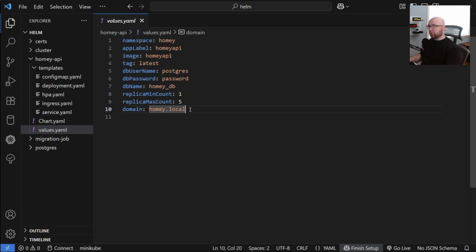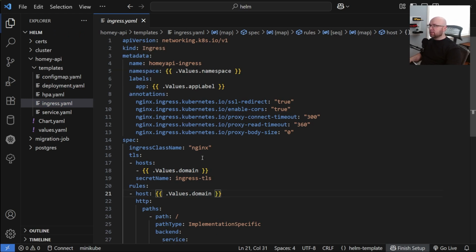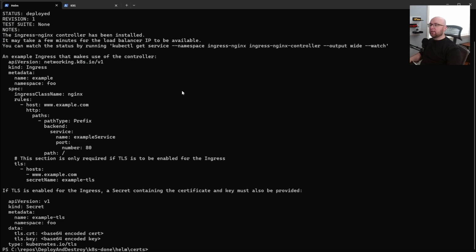It's very straightforward. Or ask AI, that's what cool kids do these days. So homie.local is the domain that we are intercepting over here, and that's what the Ingress controller is going to be looking for. All right, so now that we have the Ingress, let's switch back over to the terminal and let's upgrade our